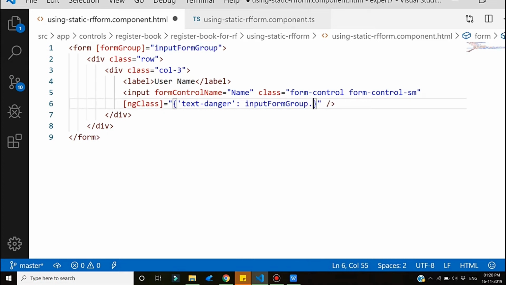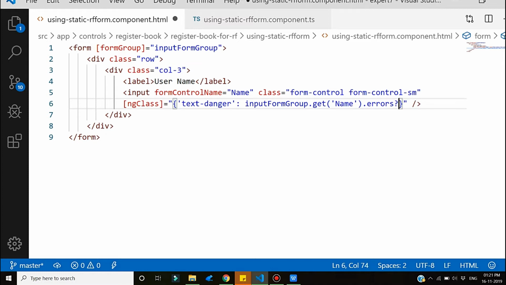This form group has controls, and we can access a control using the get method. I need to pass the name of the control, and my first control name is name. Now if I put dot errors, first I will check that errors is there or not. If it is there, then I will check